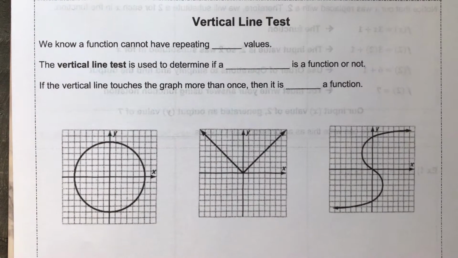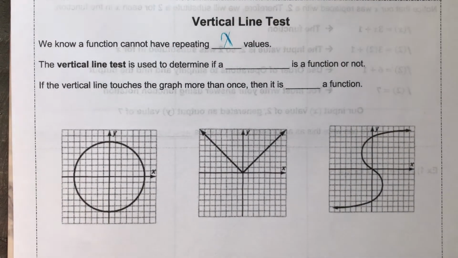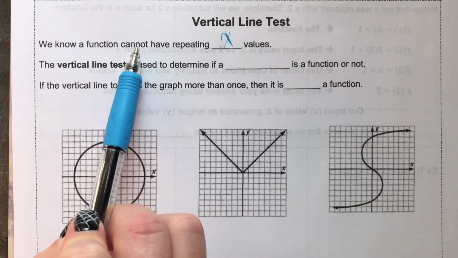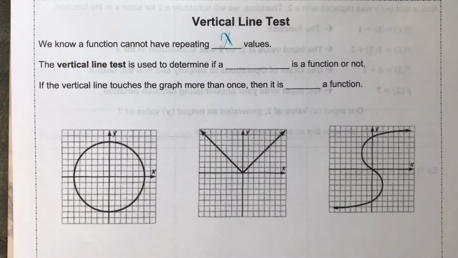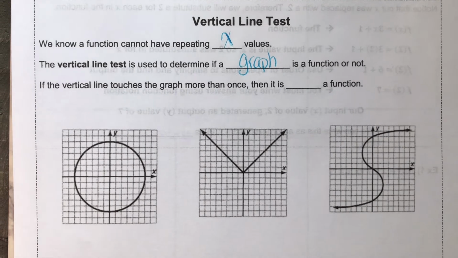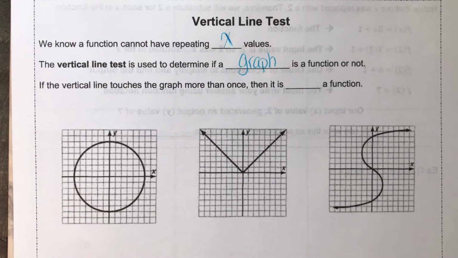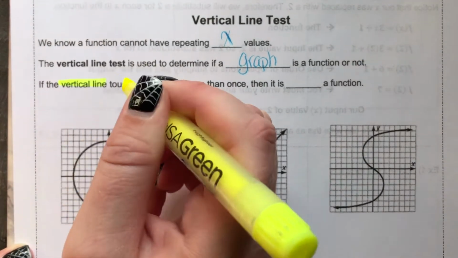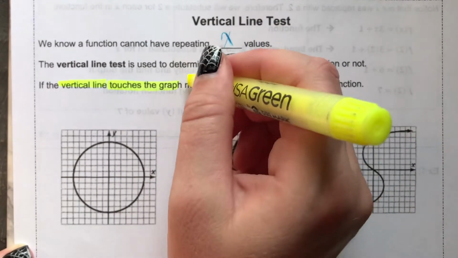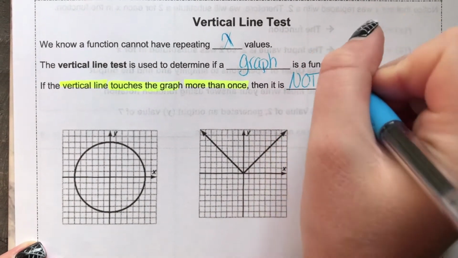We know a function cannot have repeating x values. We just went over that in the do now. We said that if any of the x values are repeating, then it's not a function. So I want a function that has x values that do not repeat. The vertical line test is used to determine if a graph is a function or not. If the vertical line touches the graph more than once, I would box that or highlight that. If the vertical line touches the graph more than once, then it is not, capital N-O-T,